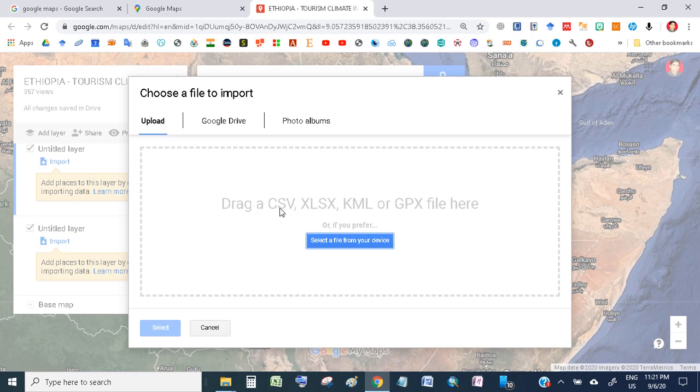If you are having the data in CSV format, KML format, GPS files, then you can import here, select a file from your device,